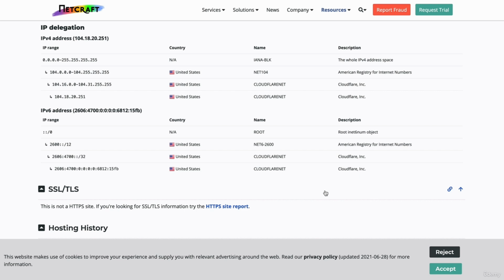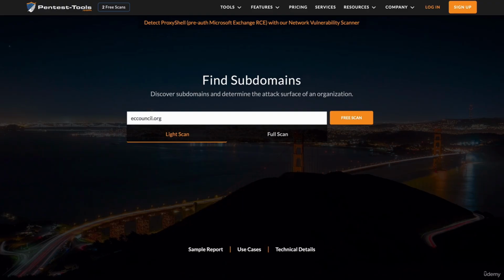When we're performing footprinting against a domain, some of the things we're looking for are subdomains. Subdomains are attached to the main domain, but they may give us a different vector, a different entry point into a domain. So those are very helpful to know. Another resource is